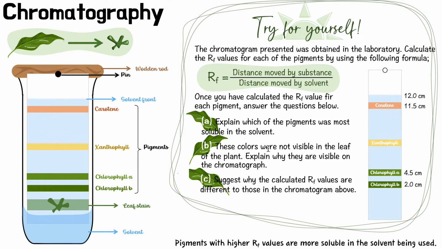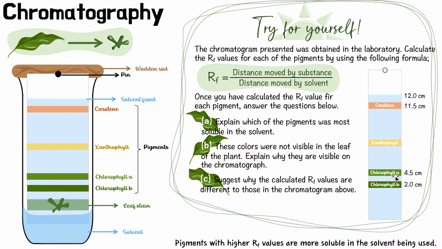Now these colors were not visible. So when you look at all these different colors, orange, yellowy, green, when we took our leaf, there was no yellow or orange. So why is there now? Like I said before, it depends on the concentration. So this leaf has all of these pigments, but it has way more chlorophyll. So these are masked. They are almost overwhelmed, so even though they're there, their properties aren't shown because they're overwhelmed by all of the chloroplast. So the yellow doesn't even show, or the orange doesn't even show. So it depends on the concentrations.